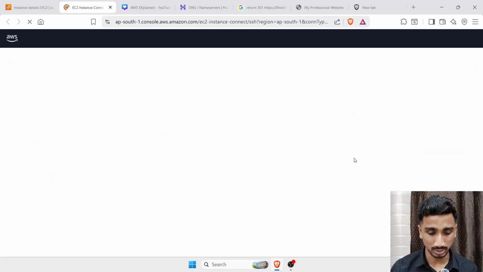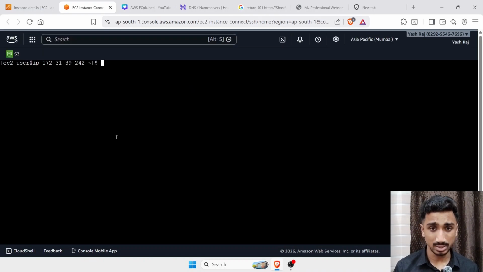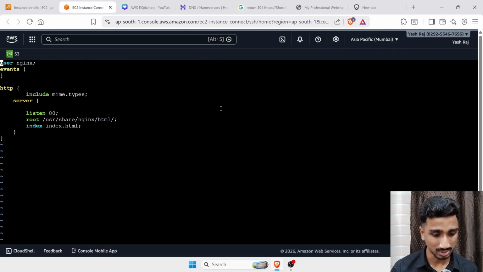So let's say I go to connect, and here I go inside my root config file. So inside I go to sudo, and where the root config file exists. So this is the file path of the config file of this instance. So yes, I go inside this. As you can see, this is my website configuration. So I click on insert and here